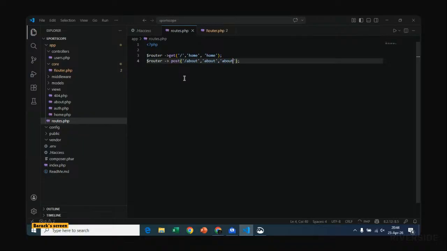So ideally, the concept is very simple. This is what we're trying to do.